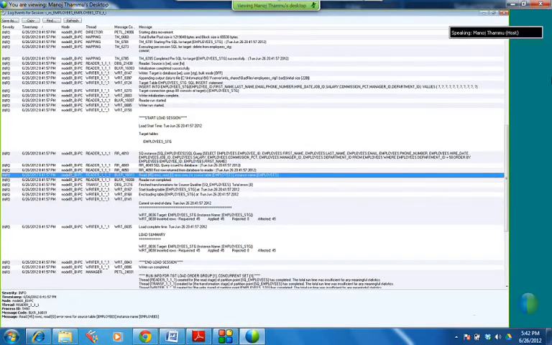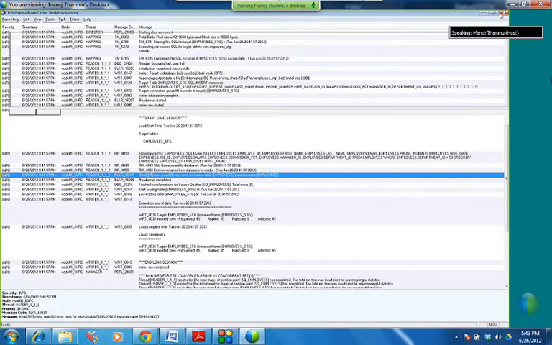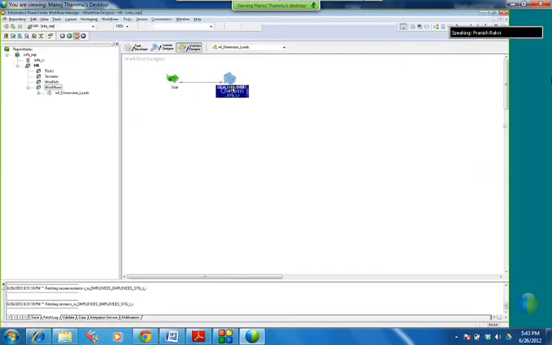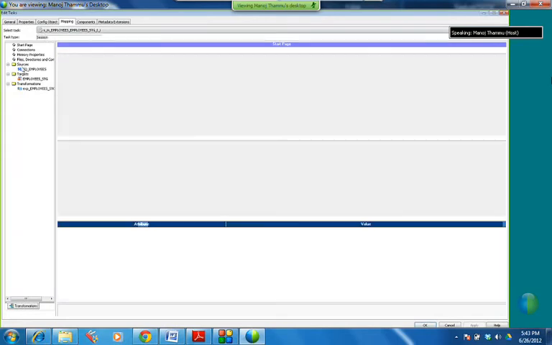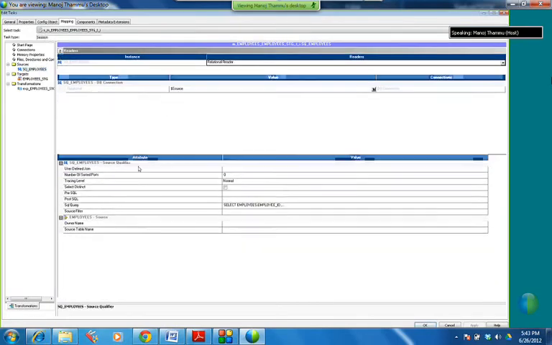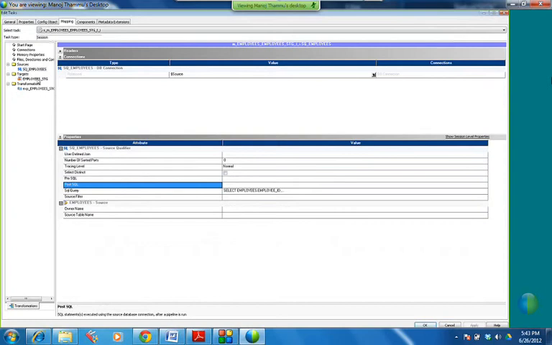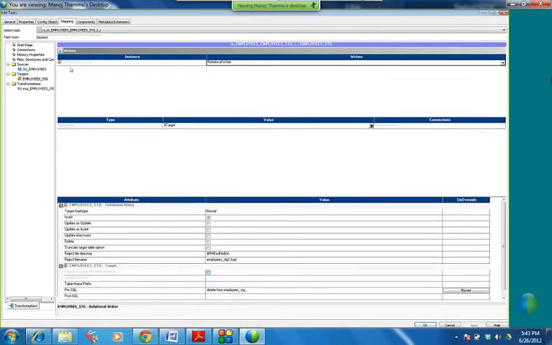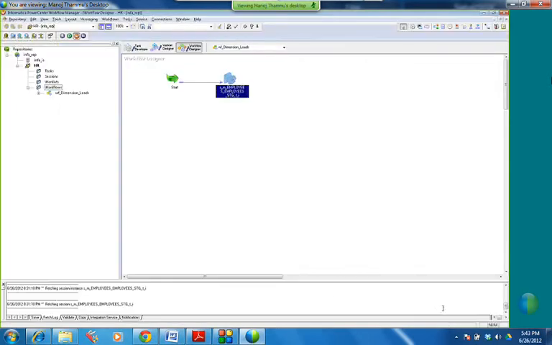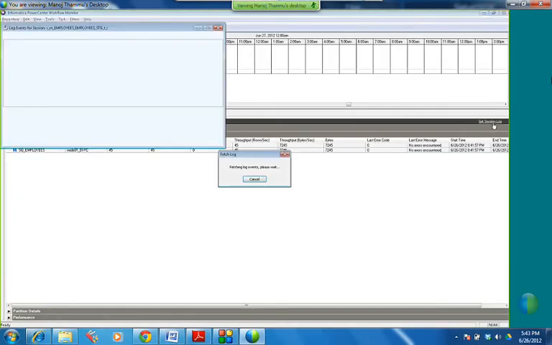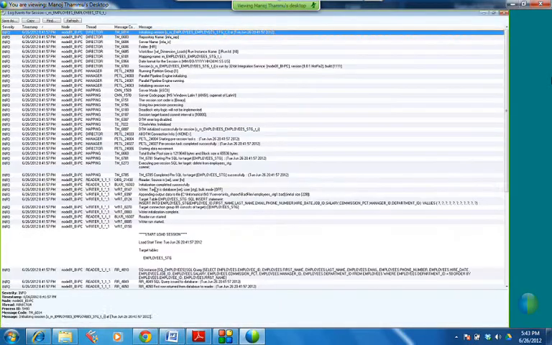So what does pre-SQL do? Now coming to the pre-SQL part, you will see the pre-SQL for both source and the target also. See here, sources you see the pre-SQL, post-SQL. Targets you will see the pre-SQL and post-SQL. So in the target pre-SQL I have written some delete statement. What it did, we'll see in the session log.